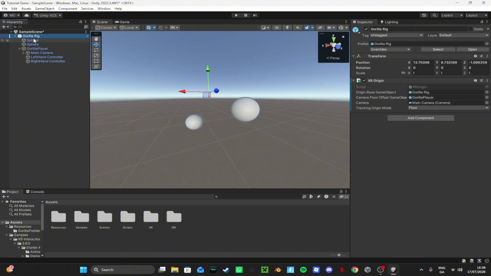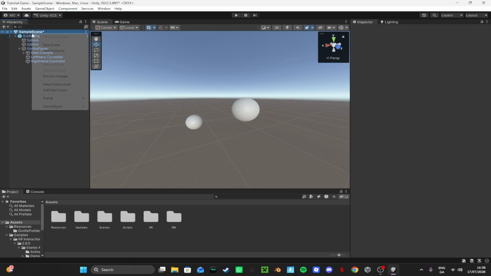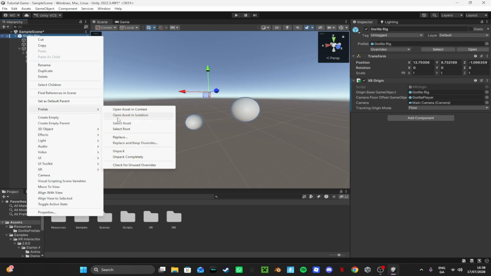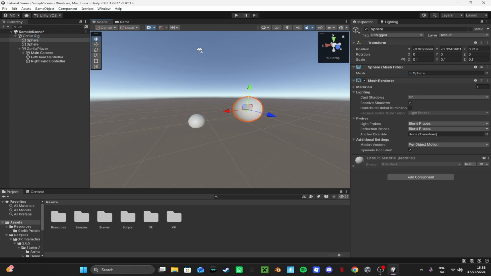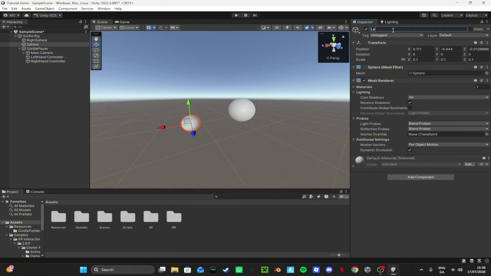And also click the Gorilla rig, right click, prefab, unpack completely, and then go to the sphere. So the top sphere is your right one, so do right sphere, and then the bottom under it should be left sphere. So click on one of them, then hold shift and click the other, and then press add component and